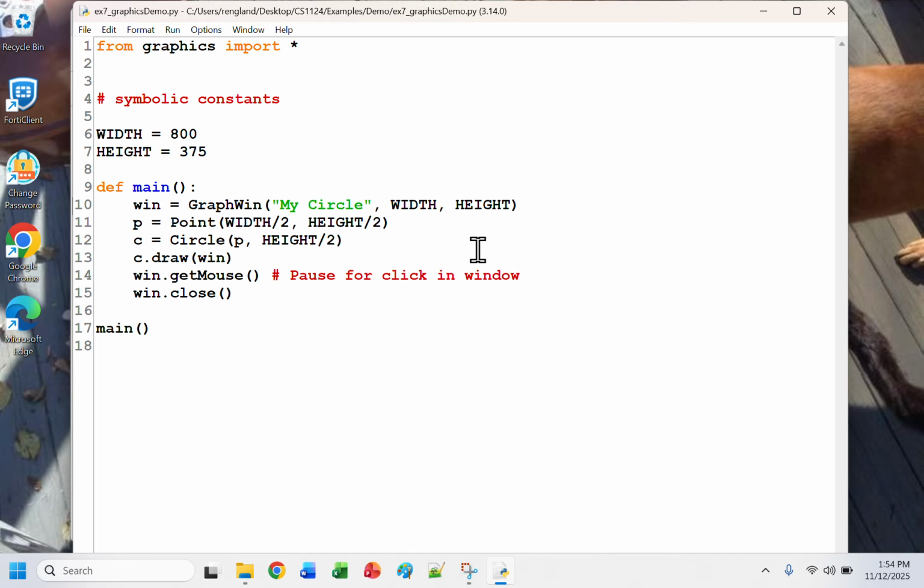Divide by 4. It needs to be a quarter of the height. That way, when it draws the whole circle, the radius on top and the radius on bottom, those two together will be half the height. Or, in theory,